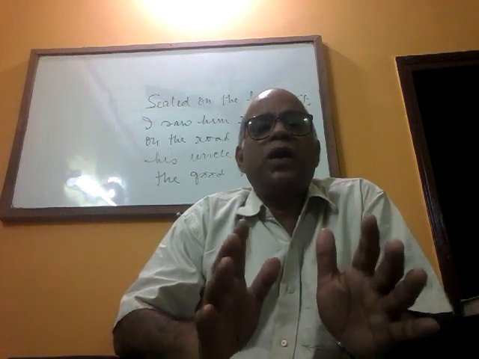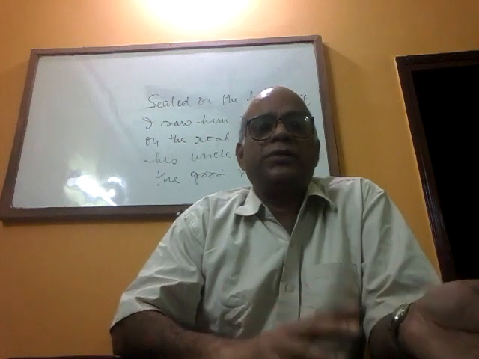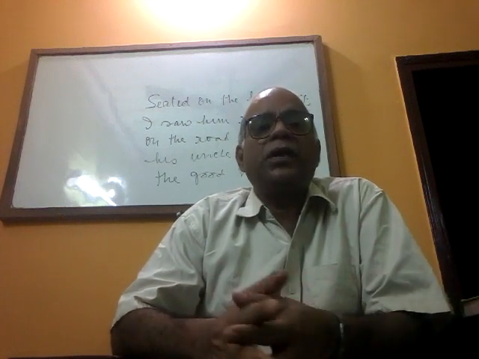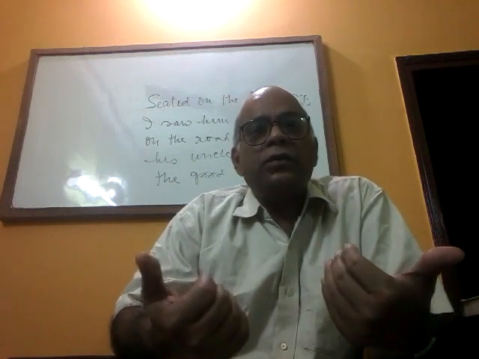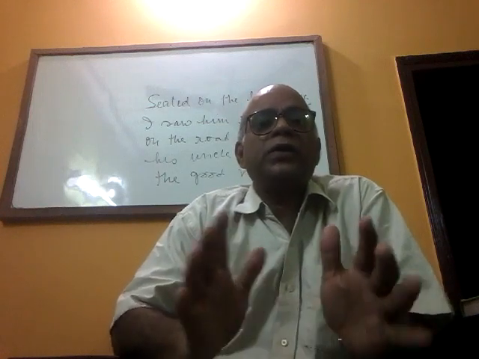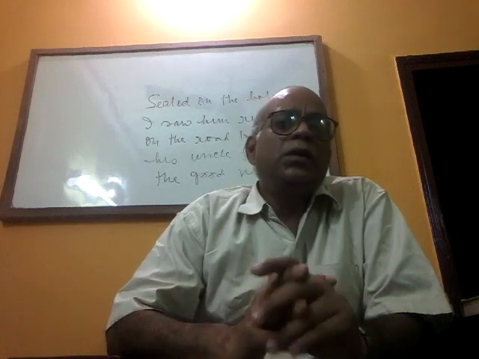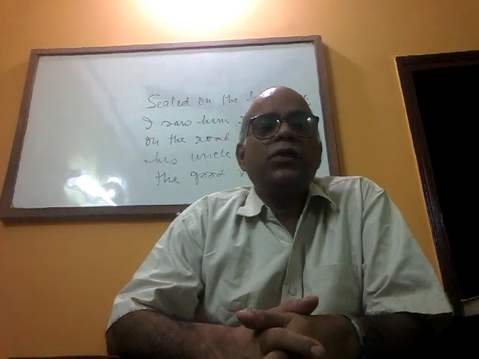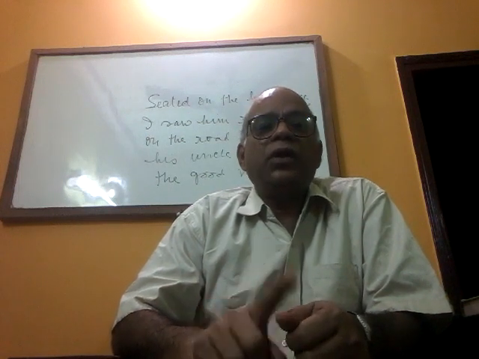Finite verbs are those verbs which can complete the function performed by a subject. But non-finite verbs, which are known as asamapika kriya, actually add to some extent to the sense of the finite verb. They cannot stand on their own. They cannot make sentences on their own. Say, for example, if I tell you, I saw him. Which one is the finite verb? Saw. If I say, I saw him running on the road.